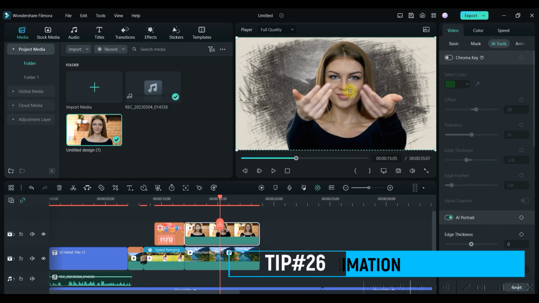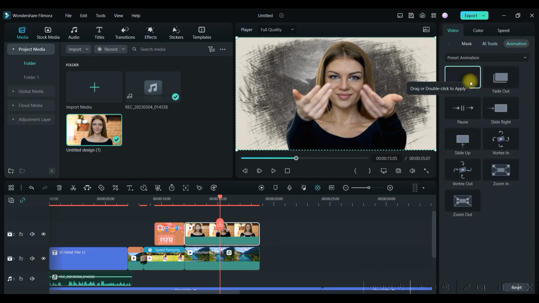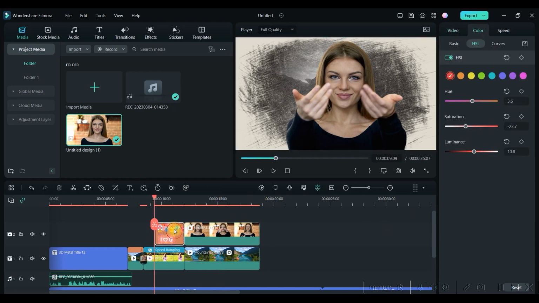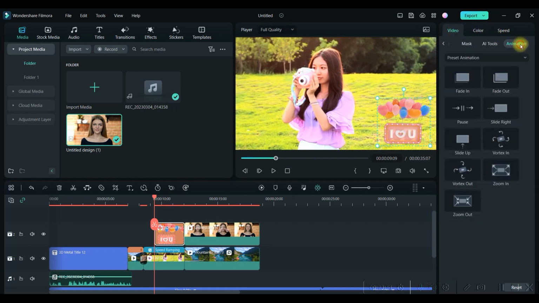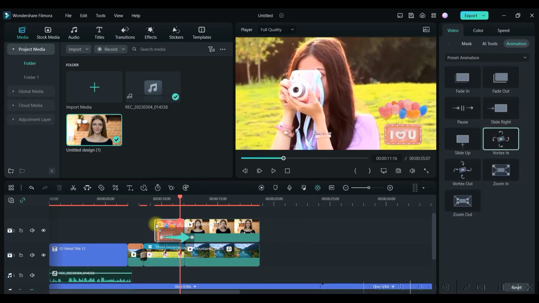Okay, now if I double click on this, you can do further animations, fade in or fade out animation. Any animation is possible by preset animation. So you can zoom in, zoom out, anything, any animation you can give to any cutout. You can even do the animation to the stickers. If you want to, go to videos, go to animation, just bring it on the particular one, and just